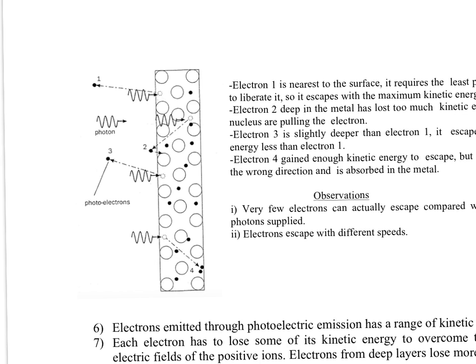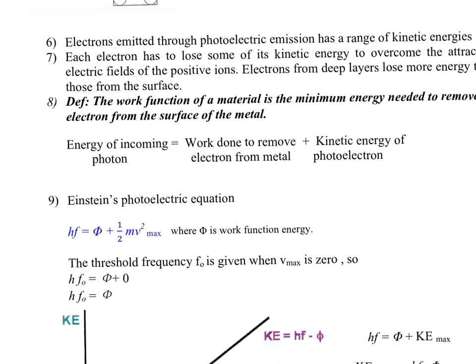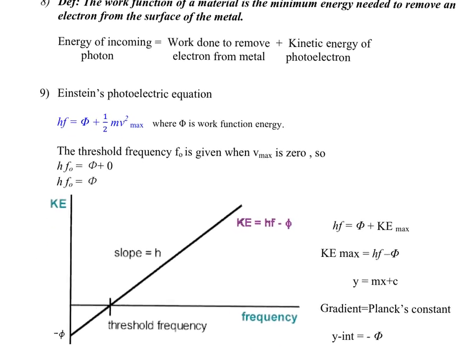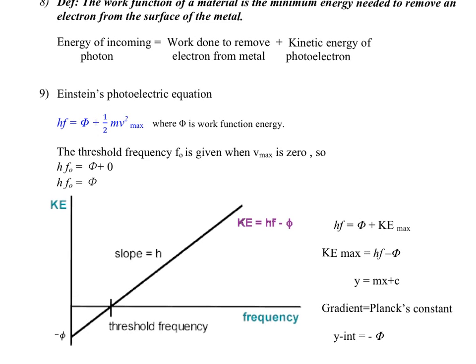Right, so the next thing is Einstein came out with the equation for the photoelectric emission. They call it Einstein's photoelectric equation. So let's talk about his initial idea first. His initial idea is conservation of energy. He says the energy of each photon will be absorbed by the electron, and that becomes the work done to remove the electron from the surface of the metal, and any balance becomes the Ke. Agree or not? An electron absorbs the photon, it does work to come out from the metal, any balance